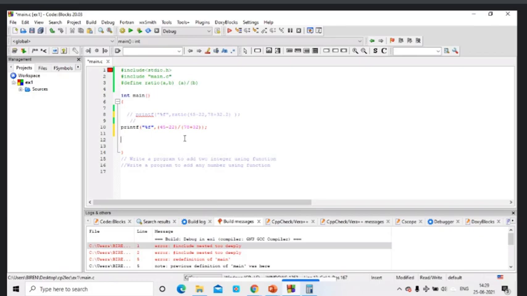Fourth: the #if directive must be followed by an #else directive. Which of the following statements is incorrect? The last option, sir: the #if directive must be followed by #else.